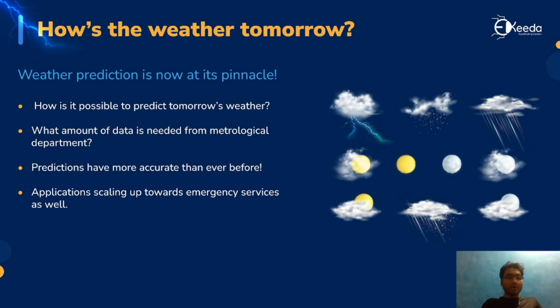Okay, second, what amount of data is needed from the meteorological department? We are just seeing the output in news channels or across other apps. There is one app called AccuWeather as well. So we are seeing just the output of that. Like, tomorrow there is a chance of heavy rain, and tomorrow there will be a sunny day. All those are outputs, but behind that, many things are running, because of which we are seeing this. So that is all dependent on the data.